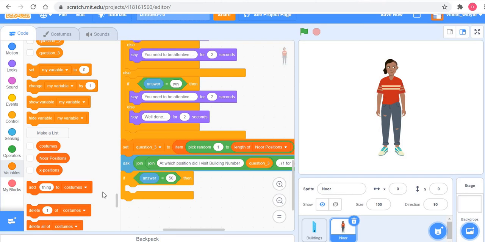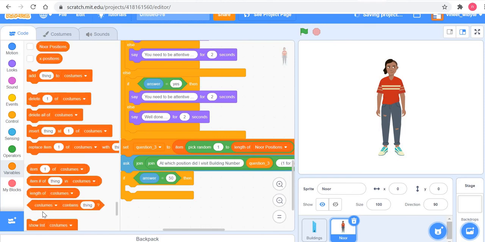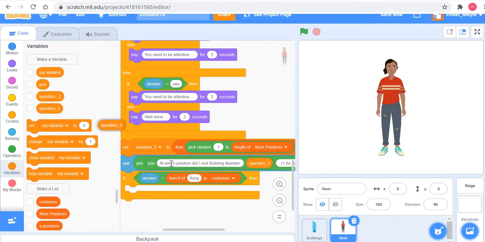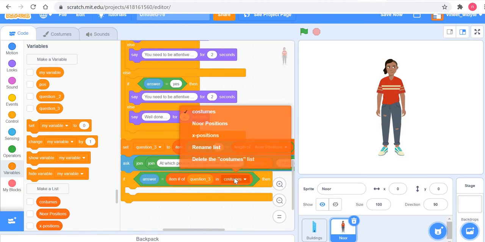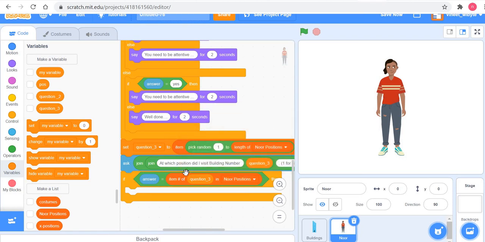So I say item number of question 3 in Noor positions, right? So if answer happens to be the right number, then obviously I've answered it correctly.